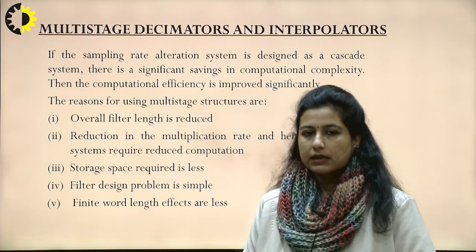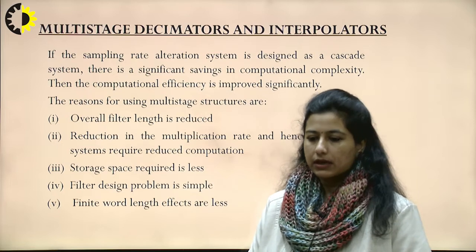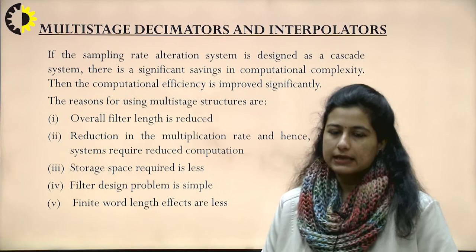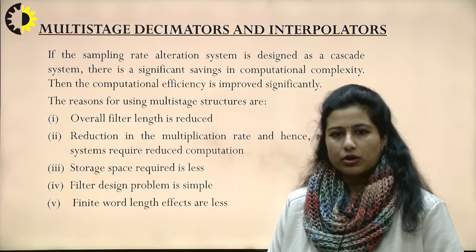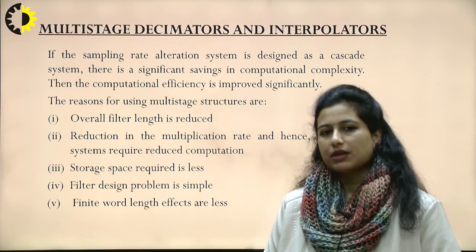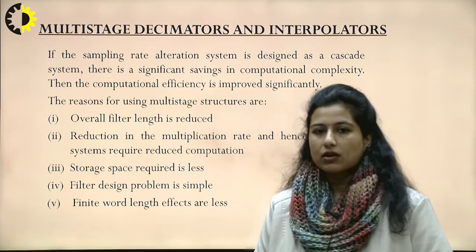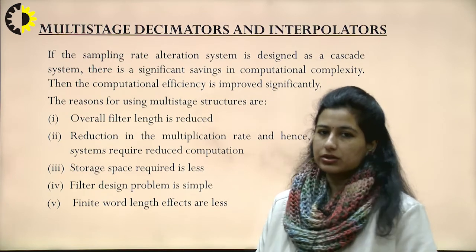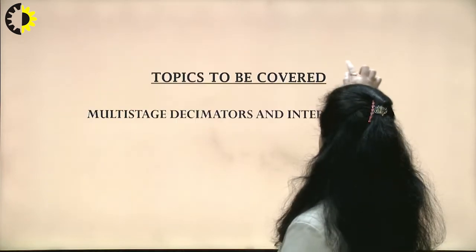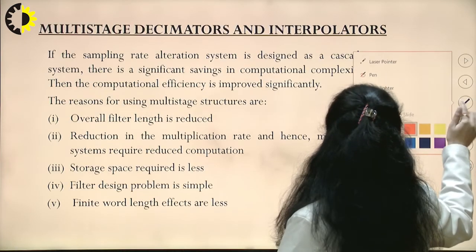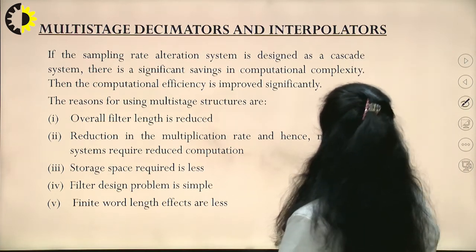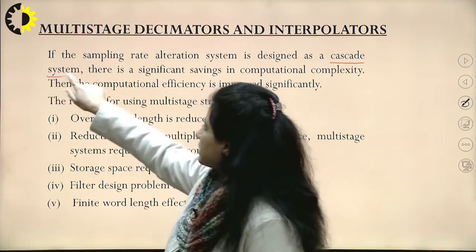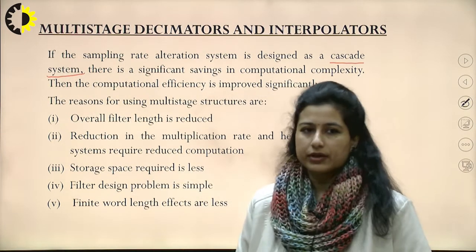Multi-stage is basically when we are designing the interpolator and decimator, or the filters corresponding to a decimator, which is called the anti-aliasing filter, and the filter corresponding to interpolation, which is called the anti-imaging filter. So rather than designing all these structures in one go, I would be designing these structures as a cascade system. Having a cascade system means I would be designing them differently in different stages, and then cascade those stages to obtain the overall transfer function.